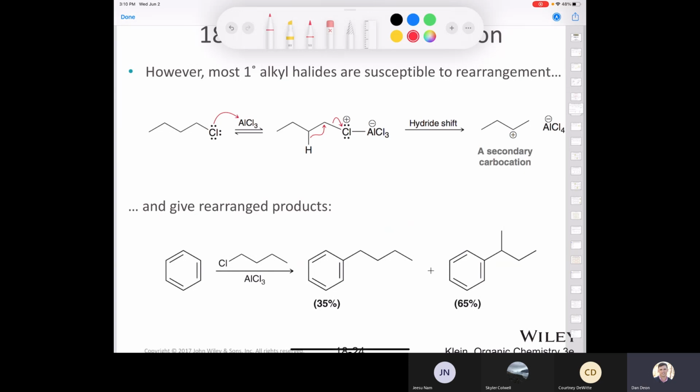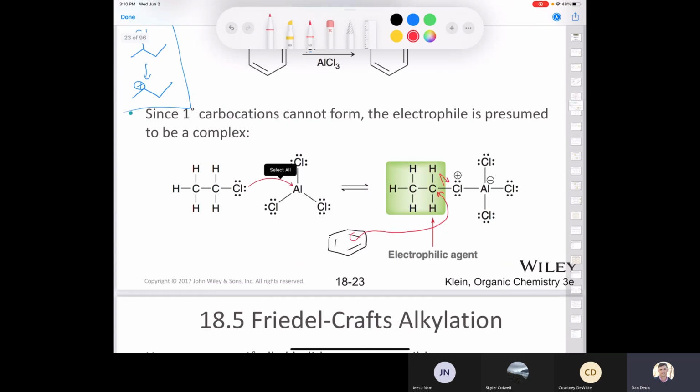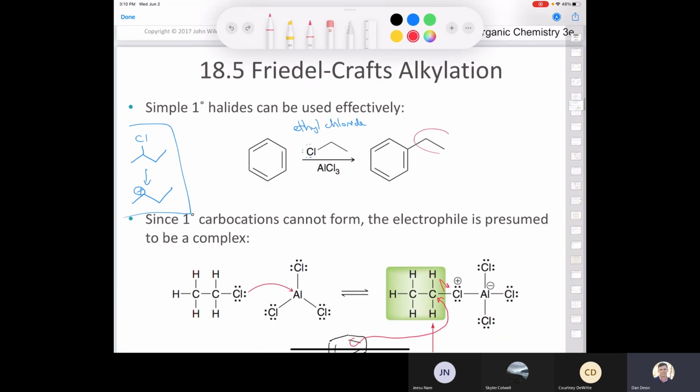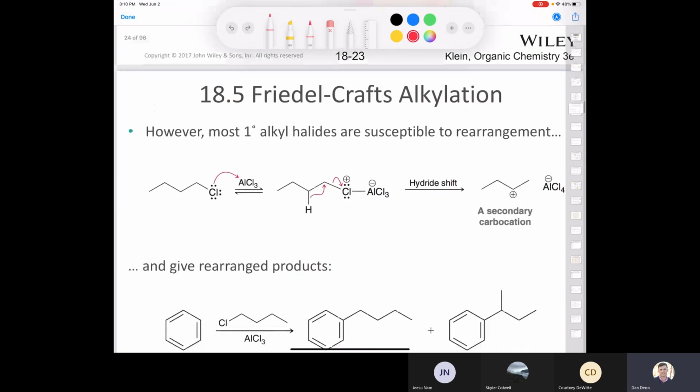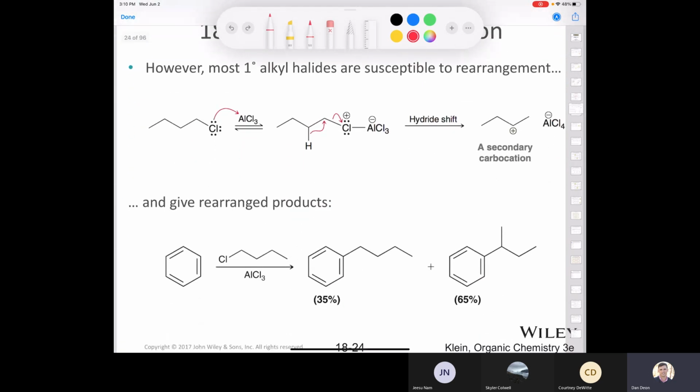Now, if there was such a thing, and there isn't, but hypothetically, as an ethyl carbocation, there's no way it can rearrange. So if you add ethyl chloride and aluminum chloride, you're always going to get an ethyl group installed. But what if you have a different primary alkyl halide? This would be